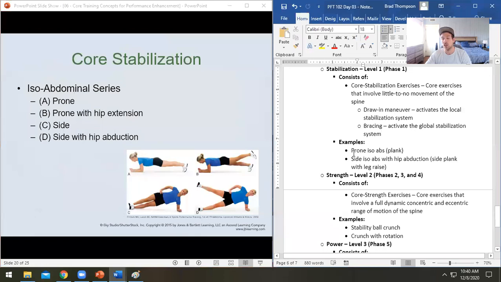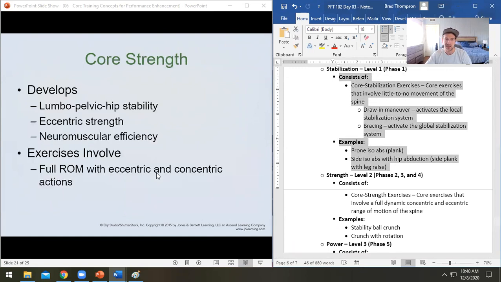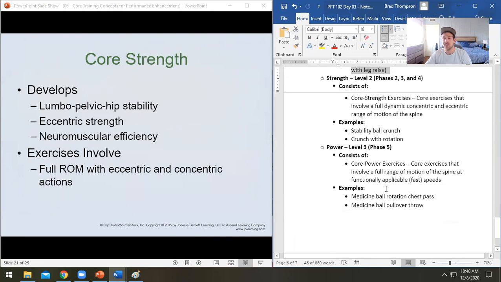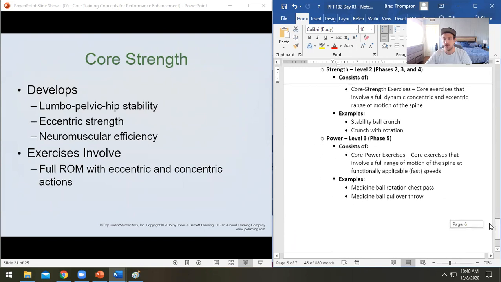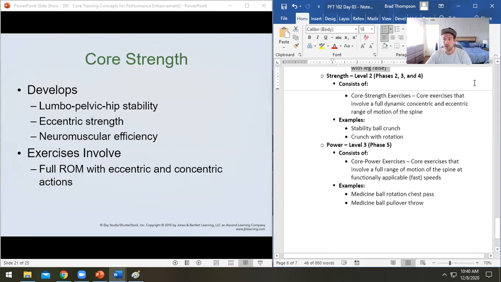So those are our core stabilization exercises. If your client is in the first level, you are going to only pick exercises from stabilization as a category. If your client is in the strength level, so that could be phase 2 or phase 3 or phase 4,